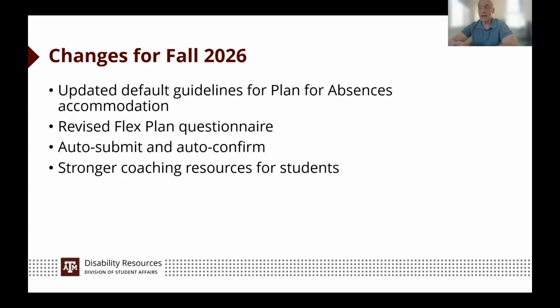And so we are excited to see, does that make a difference in how this accommodation is used during fall 2026? And I think you all will help us find that out. So I think that putting this resource in their pathway is going to arm them with information about how to use this most effectively, and that's really what we all need in the process.